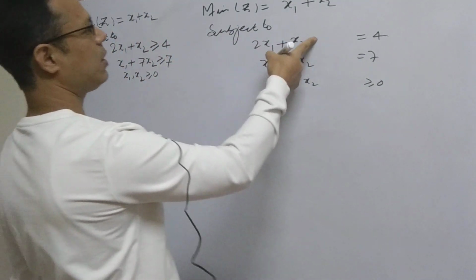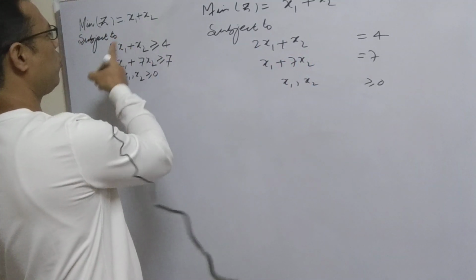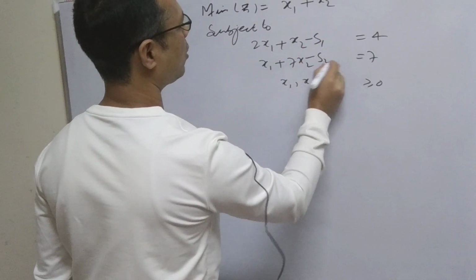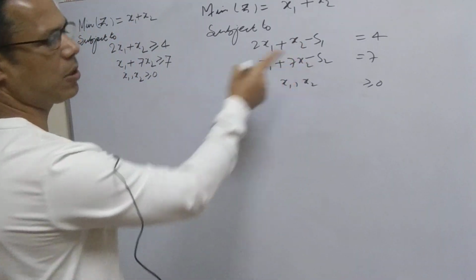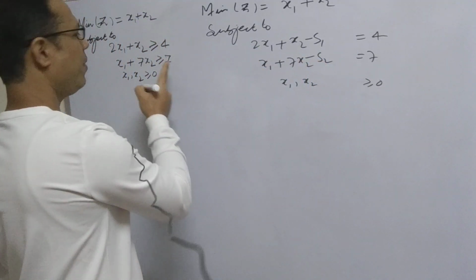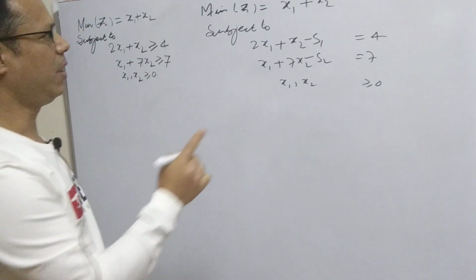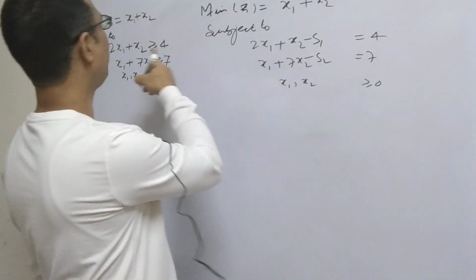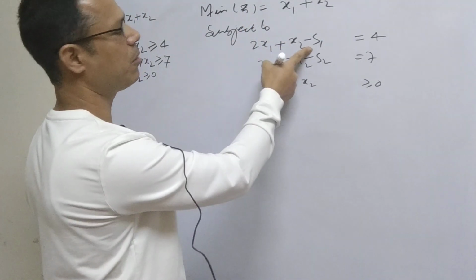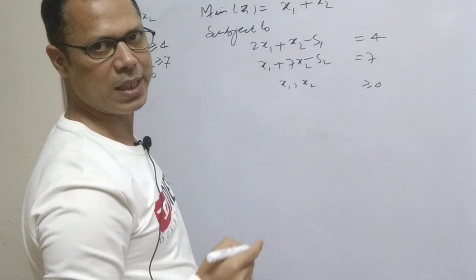So what variables do we need to change these inequalities into equations? Because these are greater than or equal to constraints, we need to subtract some variable. So here we subtract one variable s1, and here another variable s2. I think you remember from the first videos of the simplex method, I explained that if we add a variable, it is called a slack variable. If you subtract a variable, it is called a surplus variable, or sometimes a negative slack variable.